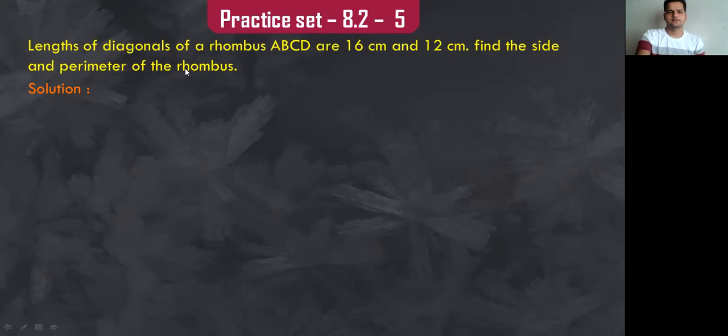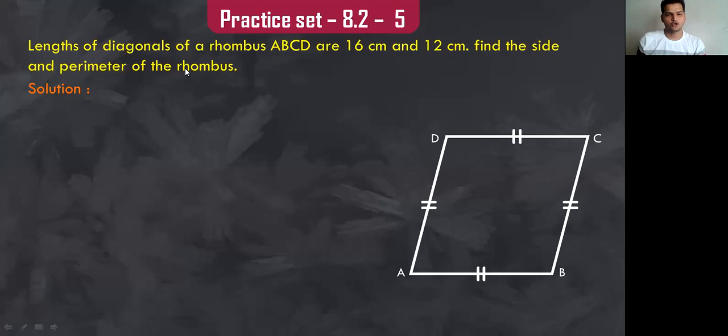So let us understand it with the help of a diagram, which will help us to understand it, right? So first of all, the question is talking about a rhombus ABCD. And as we all know, for a rhombus, all the sides are congruent, correct? So side AB is congruent to side BC, is congruent to side CD, is congruent to the side AD. Correct, students? Great. So we will assume that let quadrilateral ABCD be the rhombus here. Now in this rhombus, we have to find something. What we have to find? The side and perimeter.